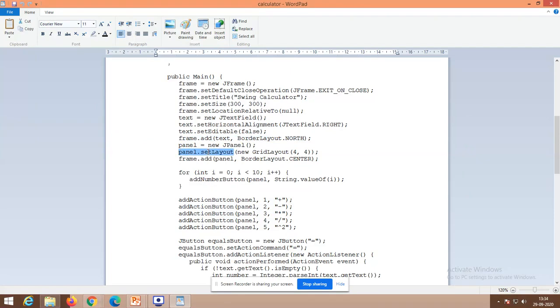So here we have created those 16 buttons using the grid layout. Okay. Here we are using the hybrid layout, right? Hybrid is nothing but I am combining both the grid and the border layout. So what I have done: first I created the text field. Next I created all the 4 cross 4, 16 buttons. Those 16 buttons are going to be placed in the border layout, in the center.